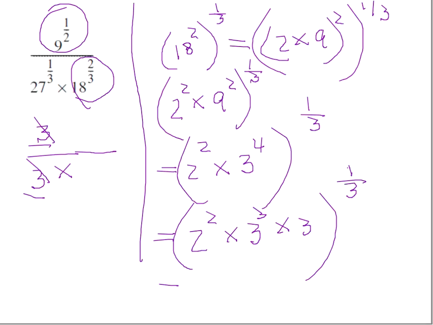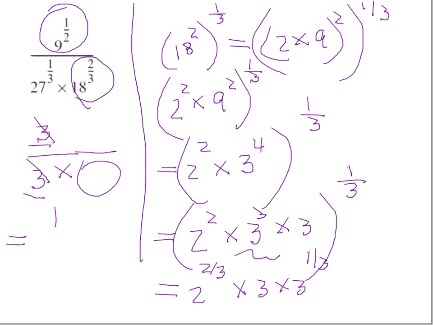Okay, so now look, why did I do that? Because I can see that 3 cubed to the power 1/3 would be just 3. Okay, so you would have 2 still to the power of 2/3, 3 times 3 to the power of 1/3. So really, that's all you can do. So the answer would be 1 over, and that expression goes there. So the answer would be 1 over 2 to the power of 2/3,